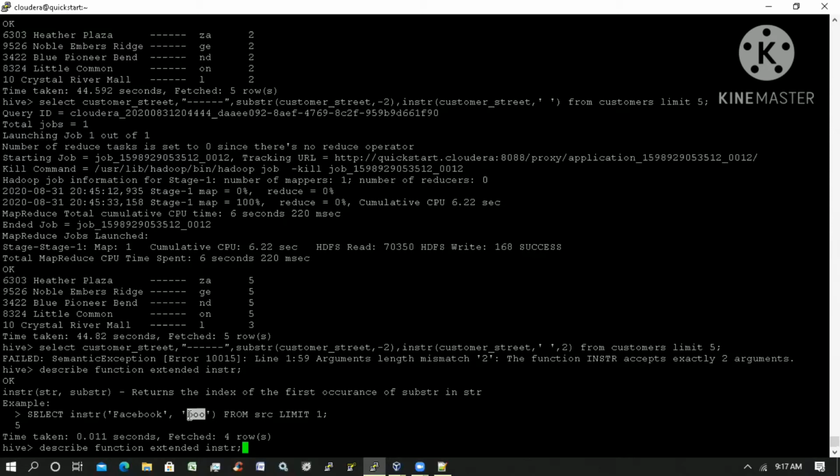Is string behaving differently in Oracle and Hive? Yeah, it seems some difference is there. It returns the index of the first occurrence of the substring in the string. It's allowing only the first occurrence; it's not considering the second, third or fourth. Okay, one of the drawbacks here.